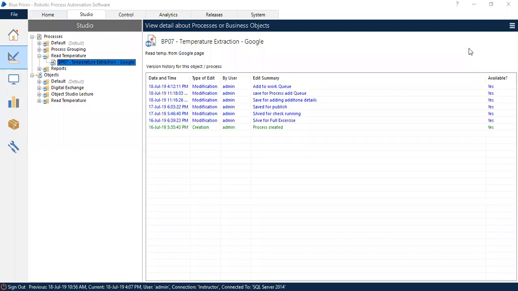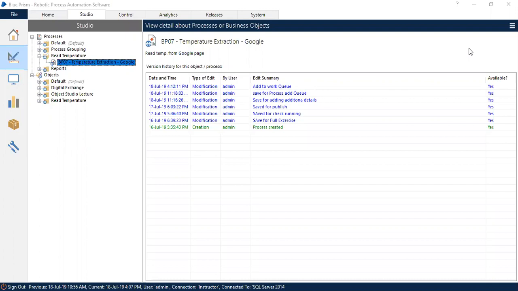Welcome to the next session, Get Next Item. So we have seen how to add the item into work queue. Now after adding the item, we have to get the item from queue one by one and process the transaction. Either it can be a success or failure. You can mark that as completed or exception using that.